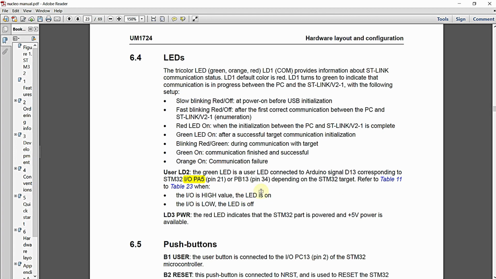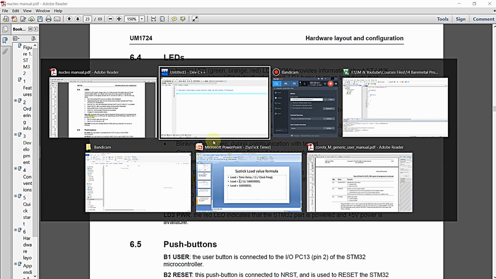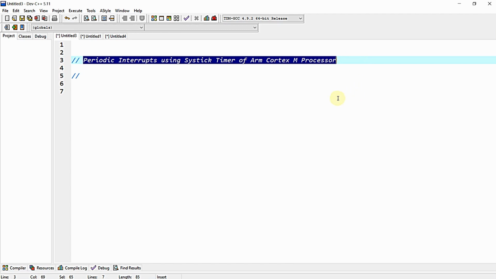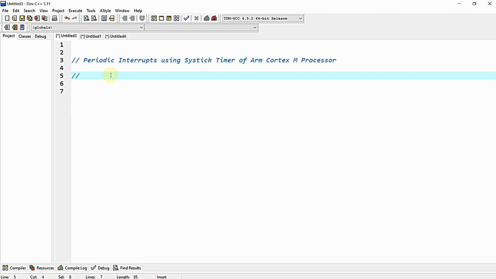So I'm going to blink this LED LD2 that is available in the Nucleo F446RE development board, which is connected to PA5 of the microcontroller, in a periodic manner using the SysTick timer interrupt. The SysTick timer interrupt we are going to utilize for blinking that LED. So, PA5 onboard LED toggling out of SysTick